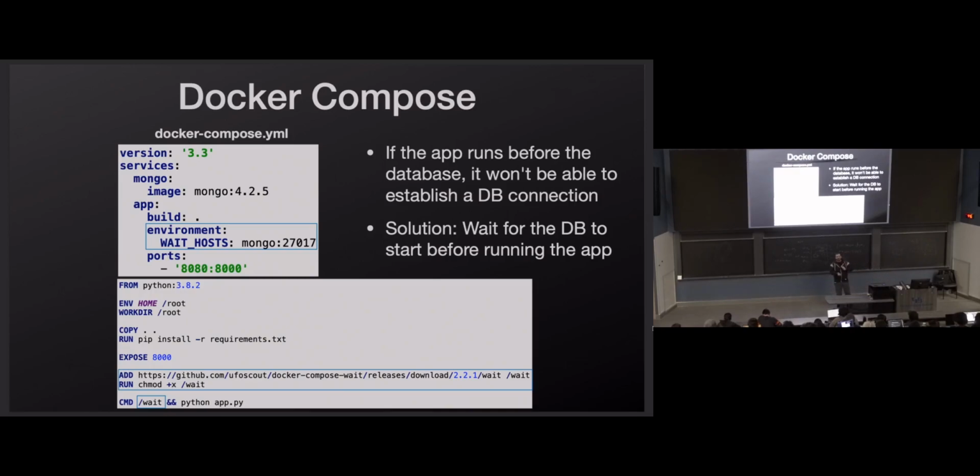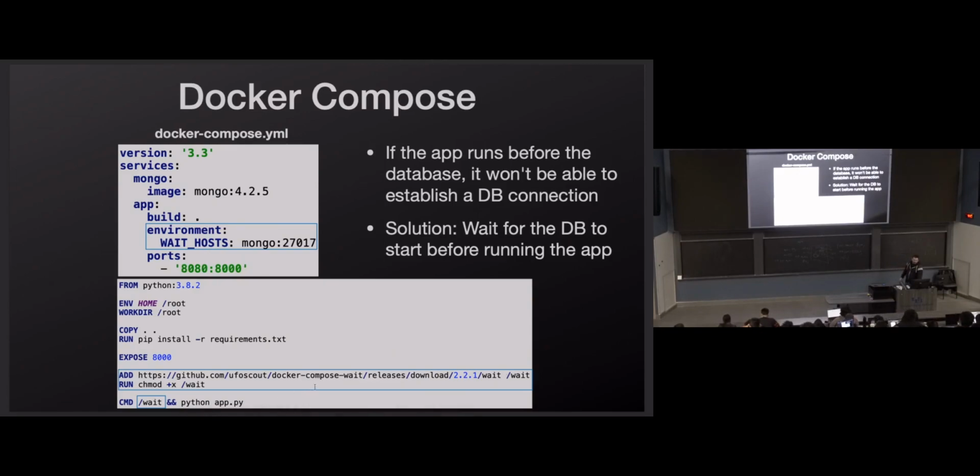There has been a proposal to add something like this to Docker Compose itself to be able to do this, but last I checked, it wasn't there yet. Some students say, oh, I got the solution. You just add this one line to your Docker file, and it'll wait for the other container to be built, and then it'll run. Well, you're waiting for the container to be built, but the container builds and runs, and Docker Compose is like, yep, you're good to go, while the database is still running its startup script. And it's not ready for TCP connections yet. So we need a way to wait until it's ready for TCP connections, and that's what all this stuff is doing for us.